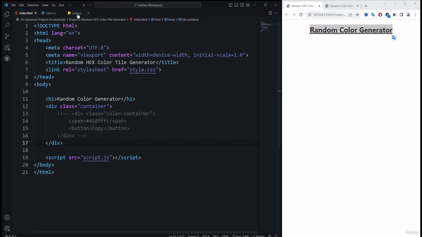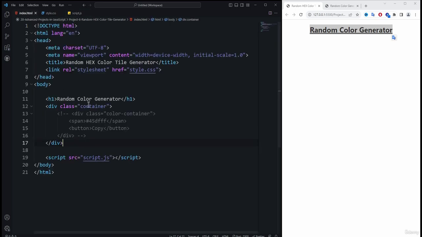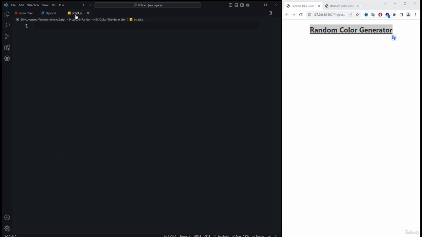because we are going to generate this particular code by using JavaScript. So coming back to the script.js, first we need to get the reference to the container, which is this particular element. So I'm going to copy this and come back to the script.js. First I'm going to create a variable of type constant. So here I'm going to use const, and then this is actually our container